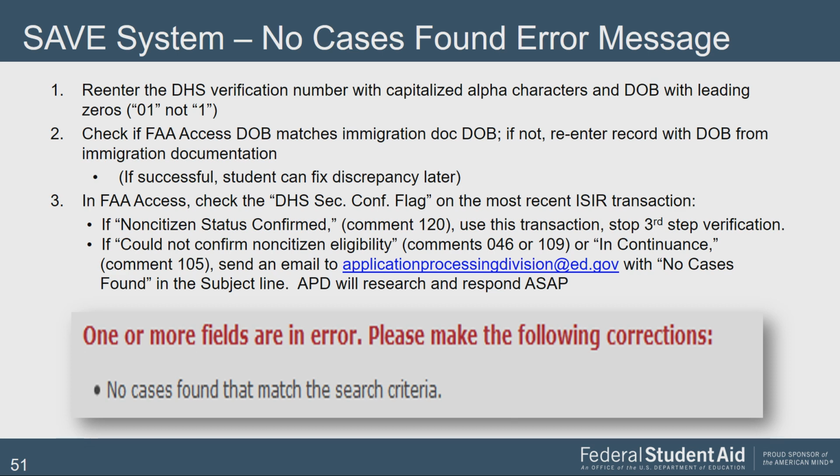We'll research and respond as soon as possible. The most likely thing is that for some reason SAVE has a completely different date of birth than what you have either in your documentation or on your FAFSA. I can't explain that one, but again, if you make a correction, in the special comments box in the corrections, you want to write a note that your documentation shows a different date of birth than what's on the SAVE system, and maybe you want to say please advise or something to that effect,